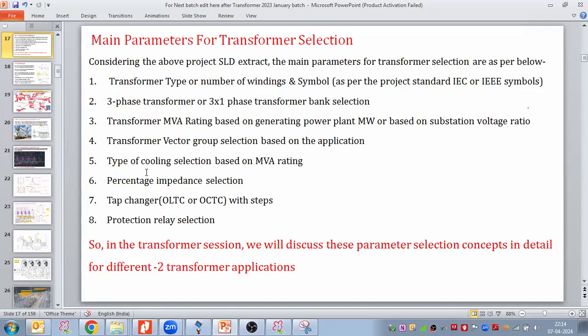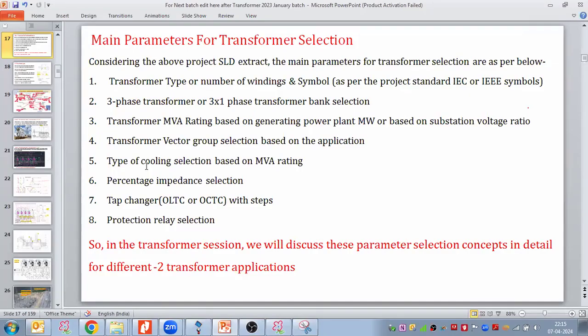Now coming to the type of cooling selection. So from point 1 to point 4, am I clear on all the points 1 to 4? Yes, sir, clear. So now coming to the next parameter for the transformer selection, which is the cooling selection,